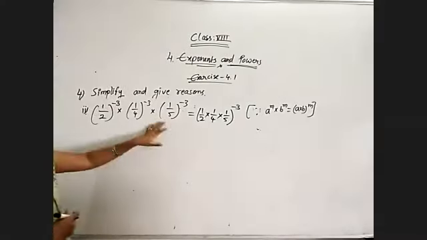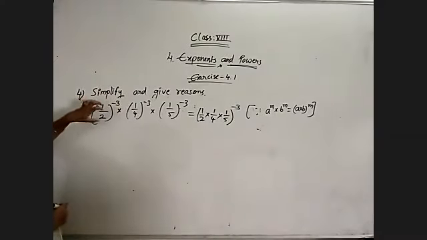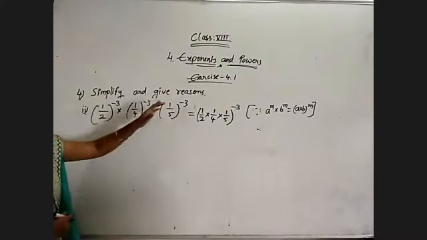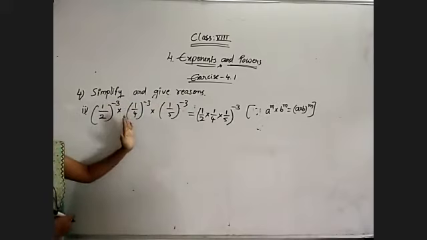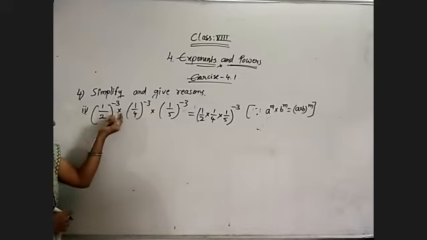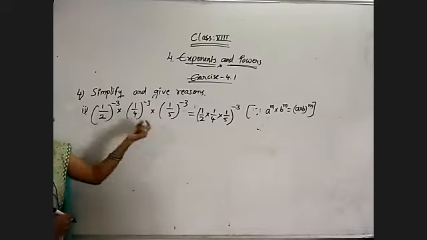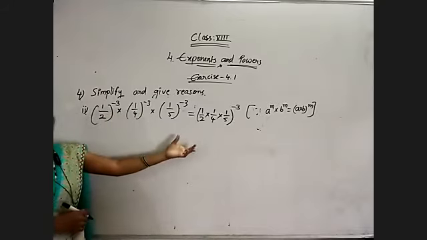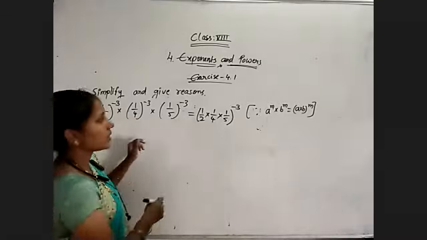I hope you understood. Once again listen. Here exponents are same and they are given separately. So when they are given separately, we need to combine them. If it is into operation, we must go through with into. If it is division, we must go through with the division operation. That's all. Now which is equal to